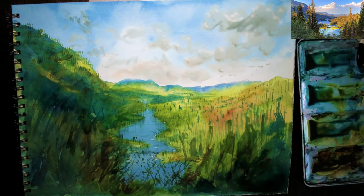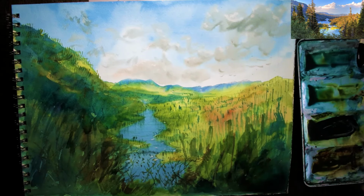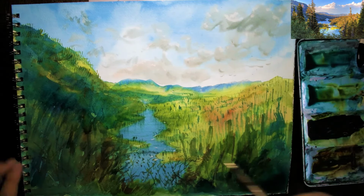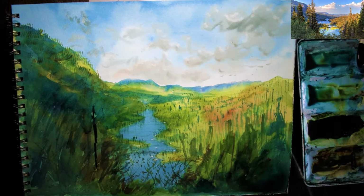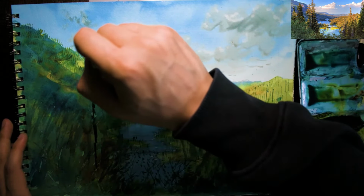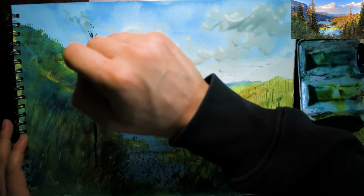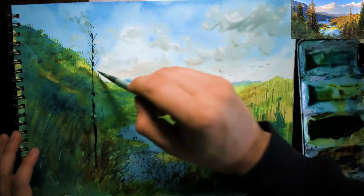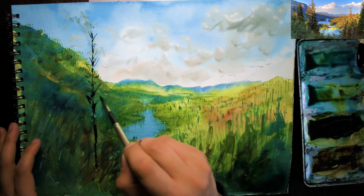And time to bring out the round brush. This is where I'm going to get in the darkest of darks. So I've got sepia and I've got some cobalt blue. This has created a pretty dark sort of color, and I'm going to use that to get in this tree here. And dry off the page slightly first, okay, and bring this all the way up to the top of the page. It goes out into the sky around here, and little branches just coming off as well. Hold the brush right at the end to do some of these. It's going to help make them look a lot looser